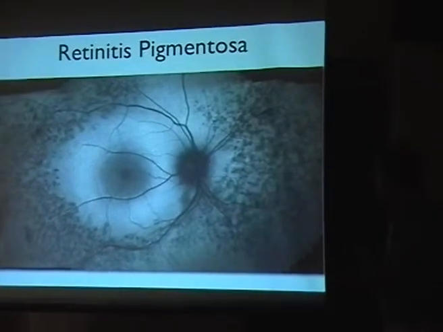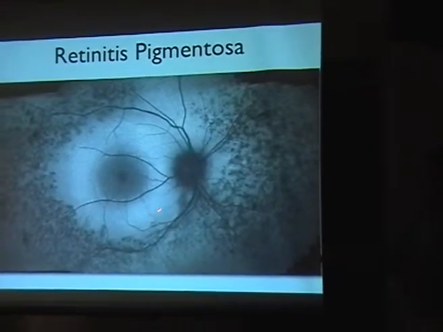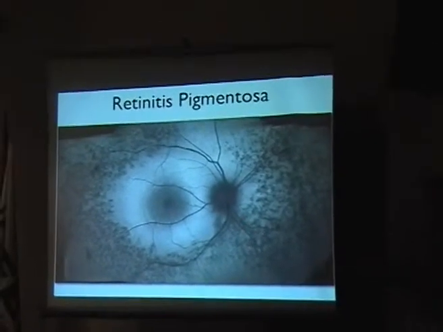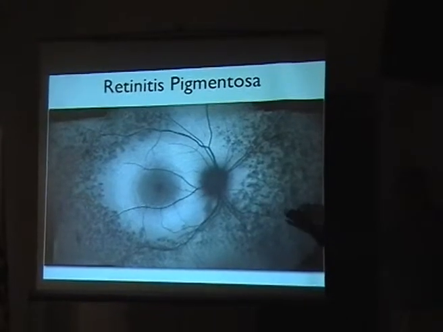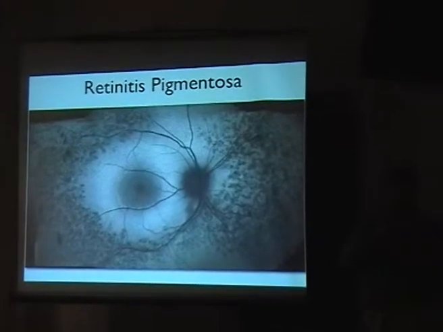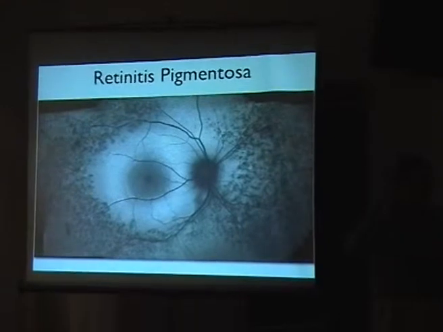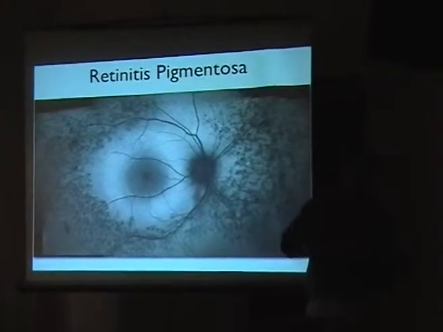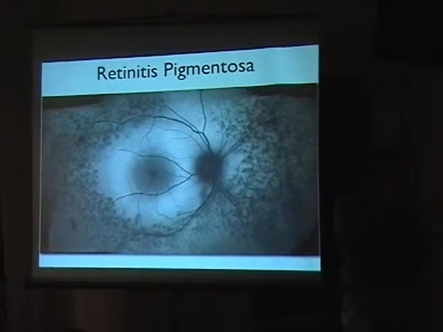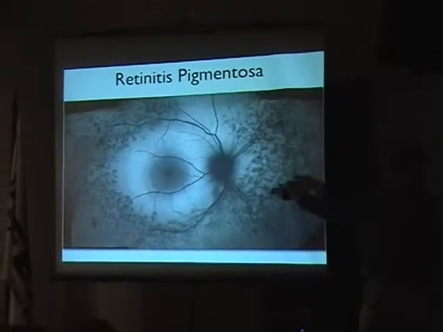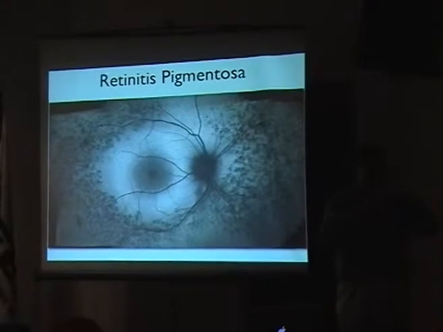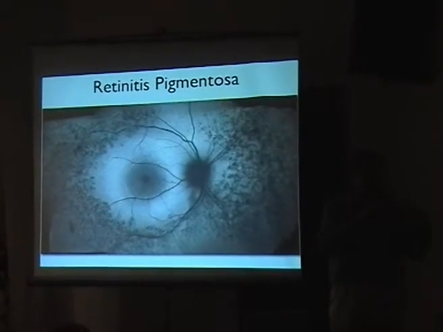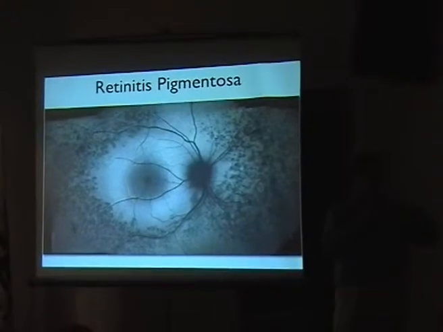Retinitis pigmentosa. It's not clear if you have an increase of fluorescence here, or if it's just because you match some hypofluorescence with hyperfluorescence, or normal fluorescence appears as hyperfluorescence. Remember that in any image, fluorescein, ICG, or autofluorescence, you are always comparing one area to another. And it's difficult to say which is the normal